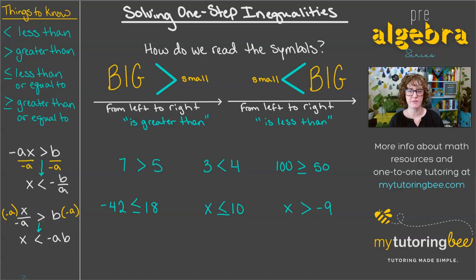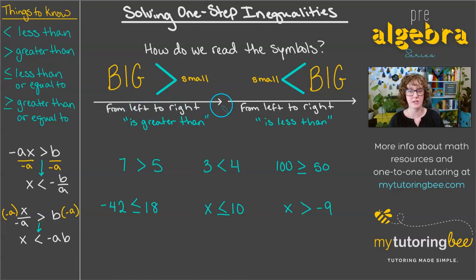Okay, let's do a quick review of how to read these symbols. So I know a lot of students, when they're first learning about greater than or less than, it's in elementary school and we are talking about an alligator wanting to eat the bigger number, right? I feel like we all have some version of that we have learned when we were in primary school. We're going to start using the terms less than, greater than, less than or equal to, greater than or equal to. And the way that we do that is by simply reading these symbols along with their numbers or variables